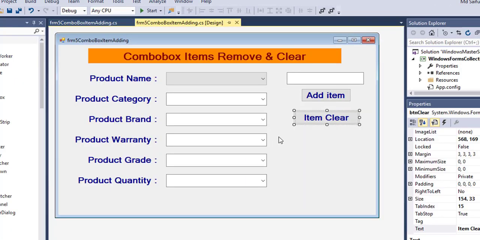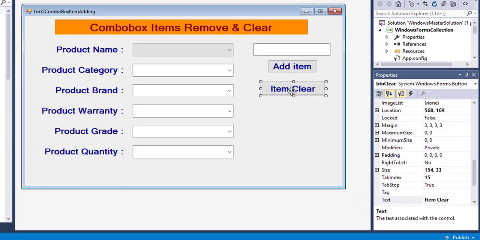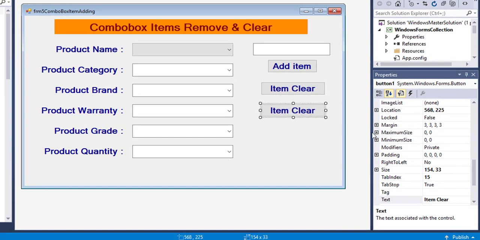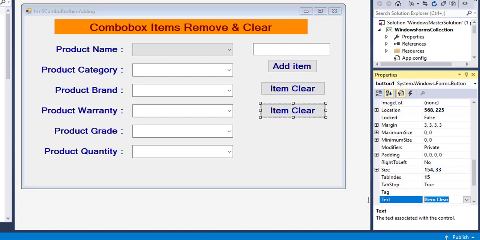Now I will show how to remove an item from the combo box. For this, I am copying this button again. Change the text to Remove.